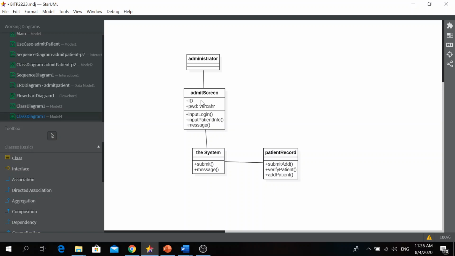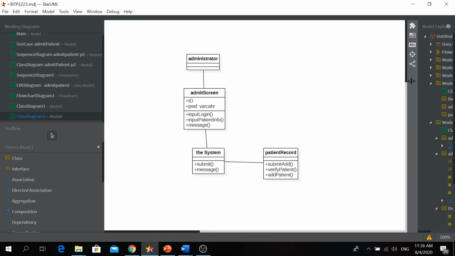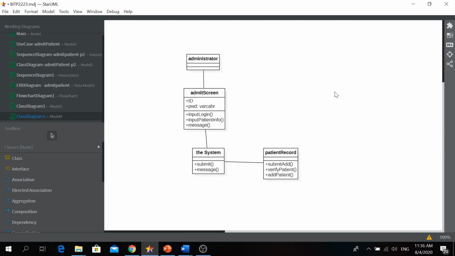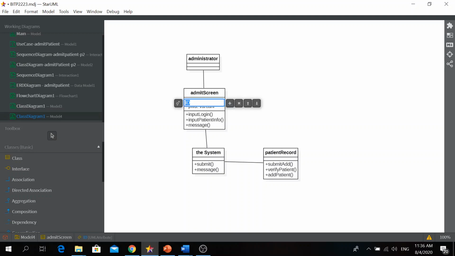And the diagram is very easy to learn how to create the objects, the class diagram, sequence diagram, and the model is integrated with each other. So you can see here there are a lot of objects created on the right of the diagram. You need to explore this one. I will not explain how to use StarUML. Let's say for the ID, you can also define the attribute as ID is a string, for example.